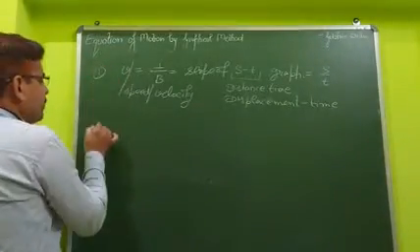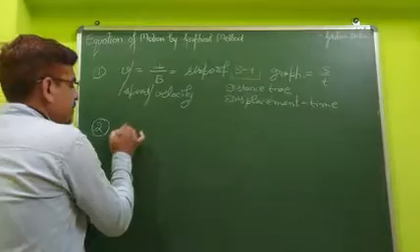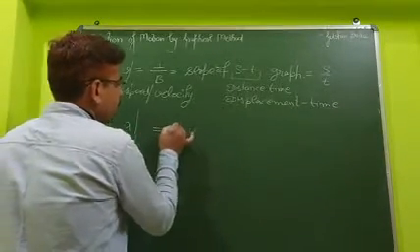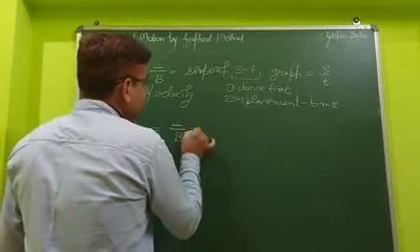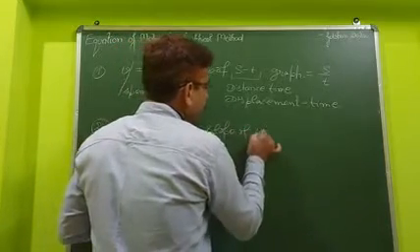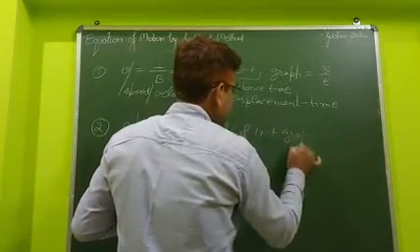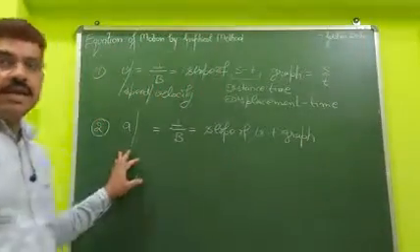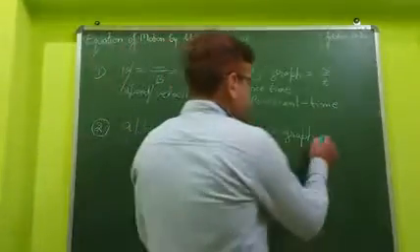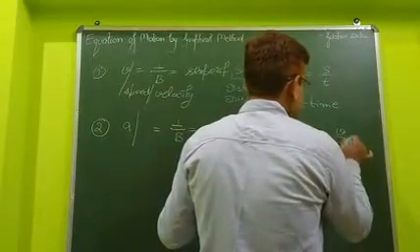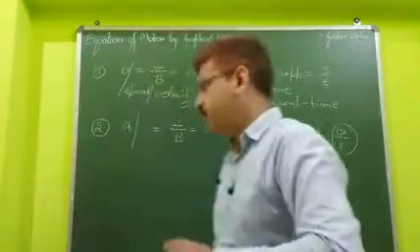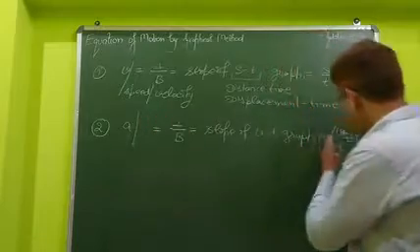The second formula we discussed is again acceleration. So what is acceleration? That is again perpendicular over base, and that is the slope of the v-t graph. So that is called acceleration. This is how to find the acceleration, or we can also write it as v over t. Simple. Why are we using this formula for slope as acceleration? Because you know that acceleration is equal to velocity over time.